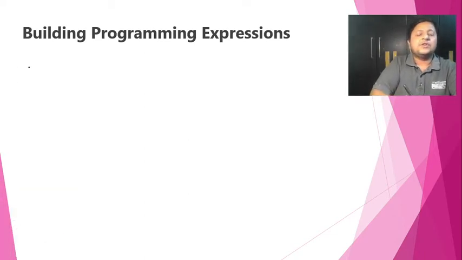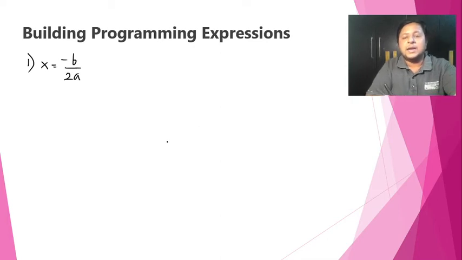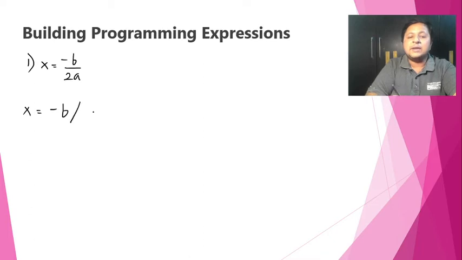Yeah. So if at all I have a programming expression or rather mathematical expression like this, x is equal to minus b upon 2a. Now if this is the mathematical expression I have, I cannot keep it as it is in programming. In programming, numerator, denominator is not allowed. So how do I convert that to a programming expression? X is equal to, minus b I can very easily write because we have seen unary negation operator. Okay, divide by 2a is not possible. So I have to say 2 into a.